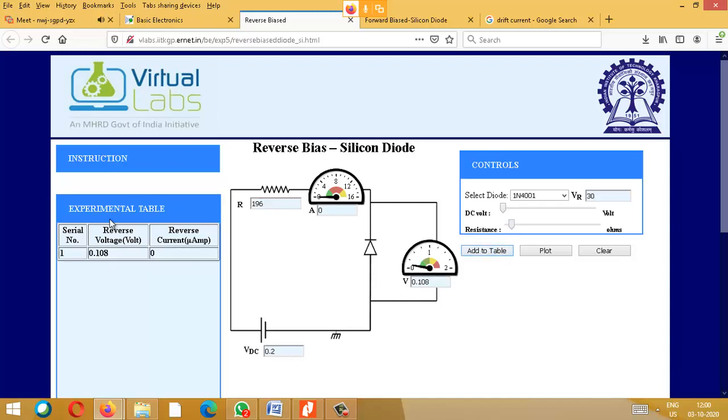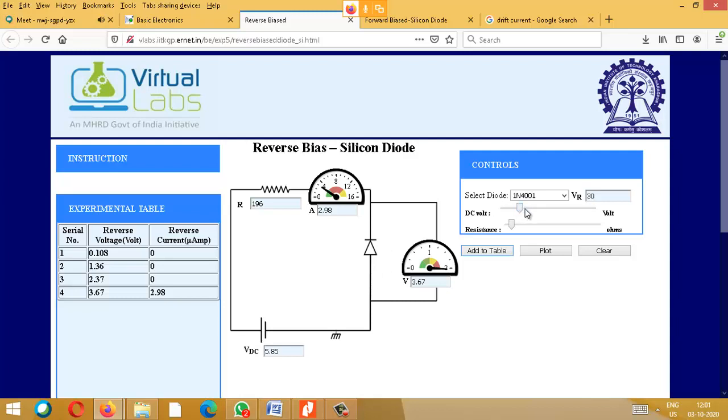Now what I am doing is giving some reverse voltage. See, 0.2 I have given. After the drop voltage is 0.1, but there is no current. Okay, now you can see, even if I gradually increase, there won't be any increase in current at all. This is what we call reverse saturation current. Now this current you may think is 2.98, but see here, this is not even milli, this is micro. So you have to put 5 zeros before this, so it will be 0.000002. Very low value of current is only going to flow. So that is what we say, this fellow is blocking, the diode is blocking.